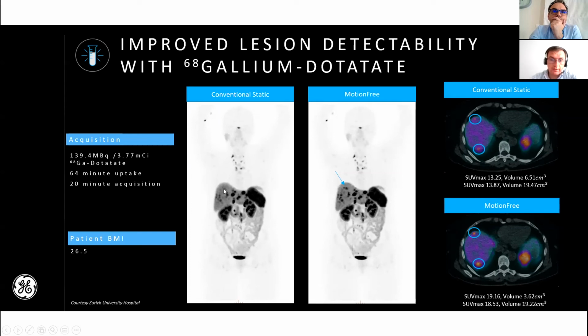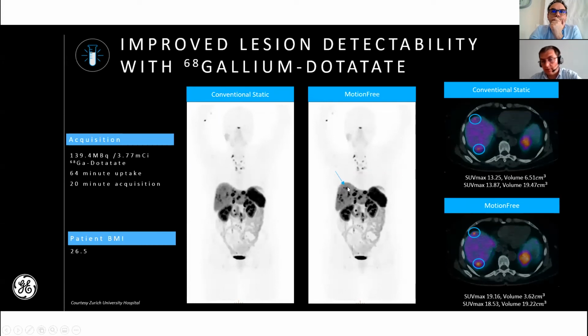On the left-hand side, one of these lesions is almost not seen, and here the improvement in signal to noise ratio is so huge that we are able to define these lesions,